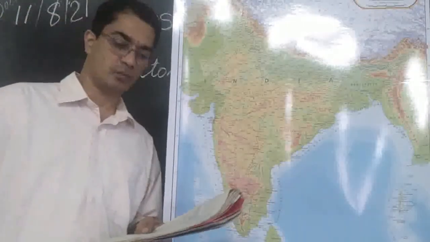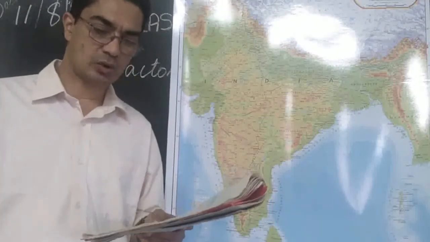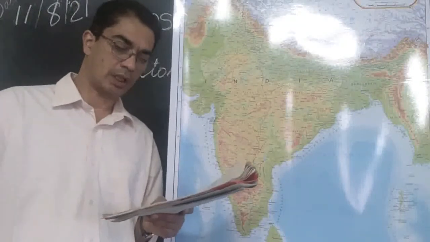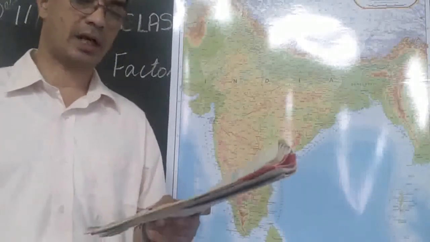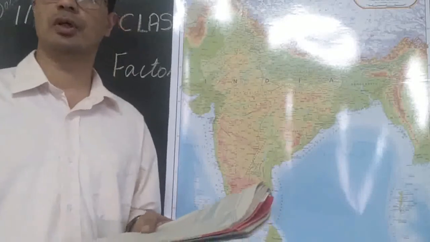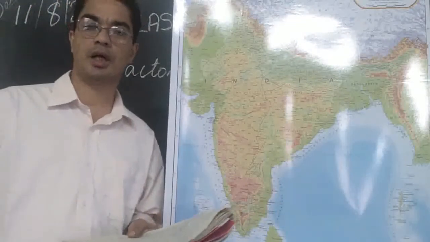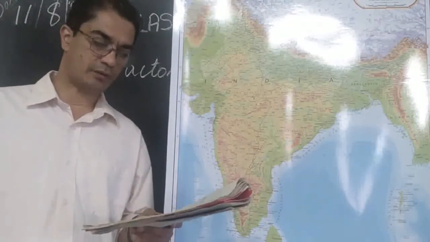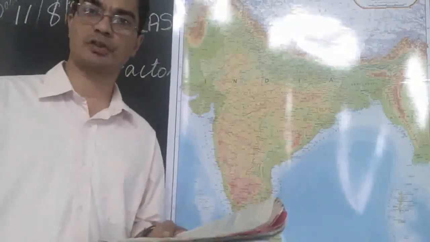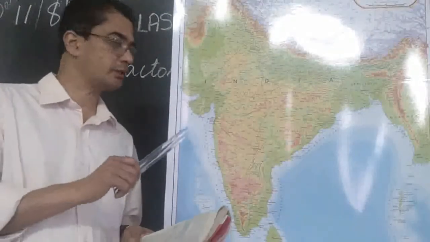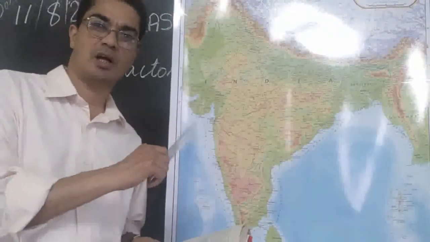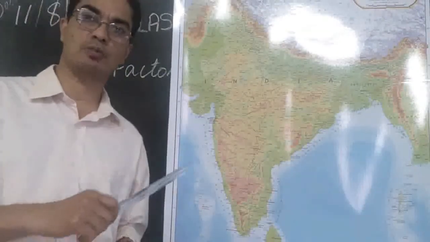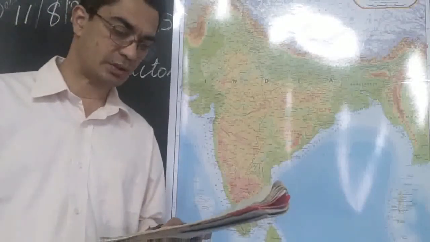So let's see. The climate and associated weather conditions in India are governed by the following atmospheric conditions. So the following conditions are affecting the situation in India. First of all, pressure and surface wind. So the pressure that is experienced in one place, and accordingly the wind moves, the air moves from one place to another place. Then